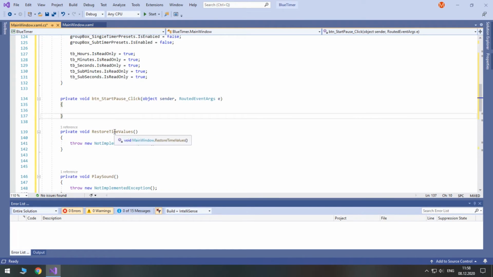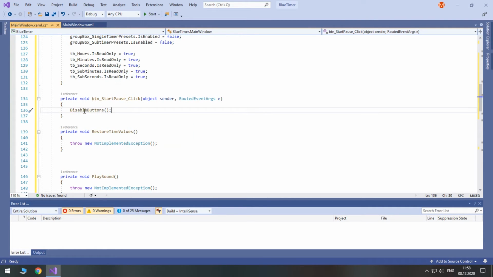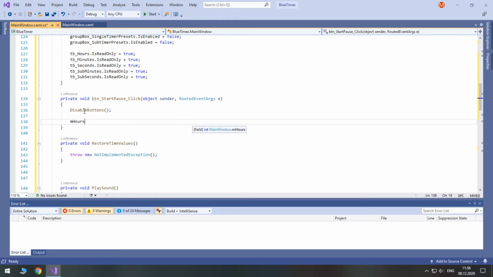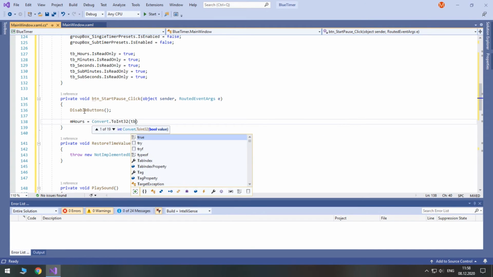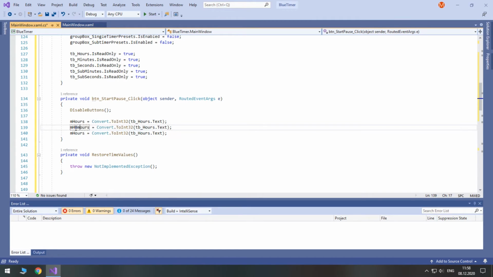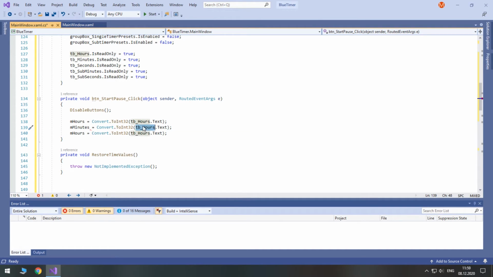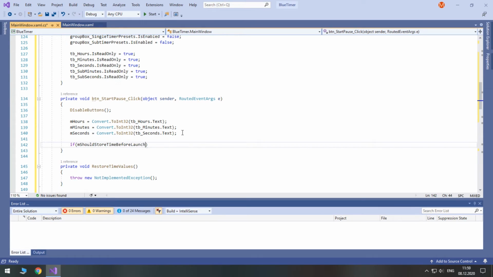So when we click the button, we should disable our buttons. After that, we should store time values. Then we check if this is the starting launch and if we need to store pre-launch time values.